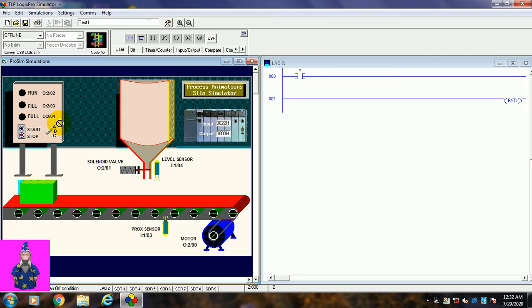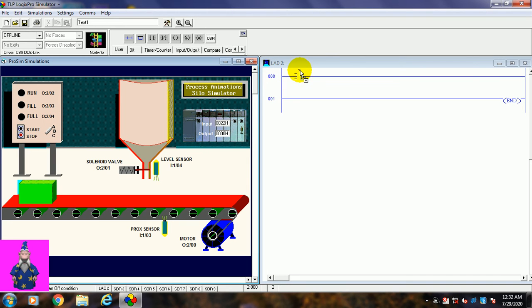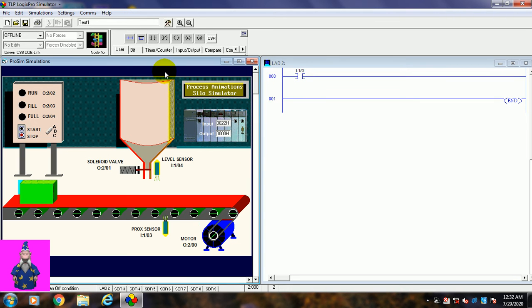So we will use the address of this button, drag this address and leave it here on the contact, which is input for the motor. At the output we will use the belt motor,